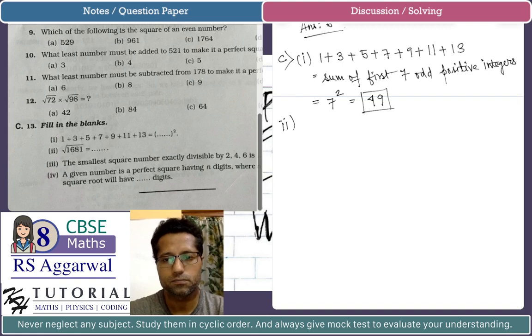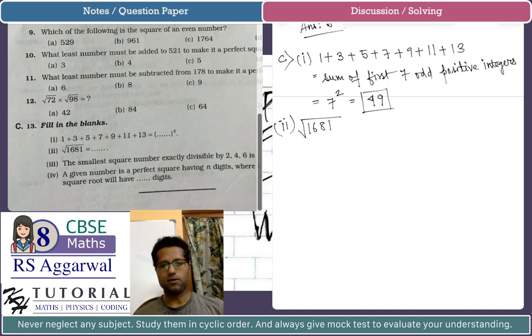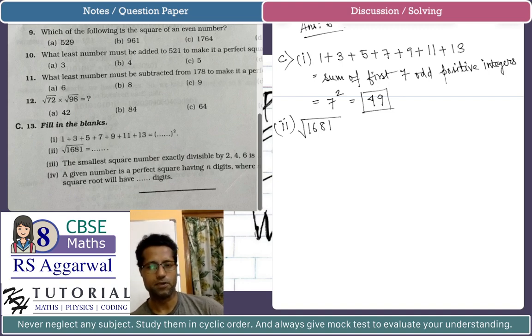Part 2, we have to find the square root of 1681. Now 1681 is a natural number ending with 1, so it could be a perfect square. Should you use the long division method or prime factorization? It is up to you, whichever method is convenient for you. For this kind of problem, where it is just asking to find the square root and nothing is mentioned about finding it up to 2 or 3 places of decimals, it is most likely